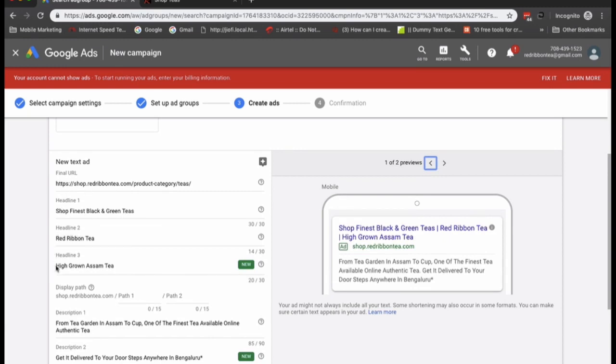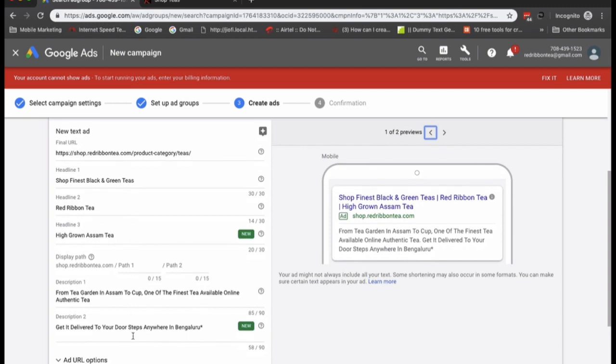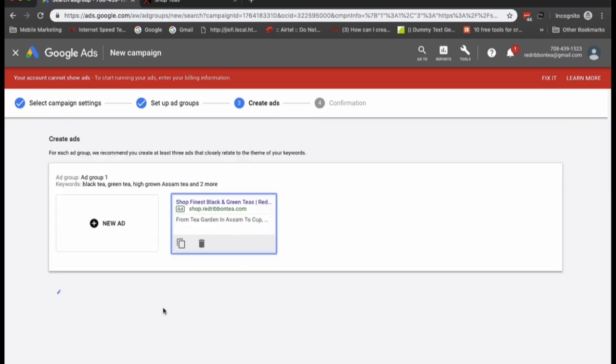The URL, headline 1, headline 2, 3, everything looks fine. Description, and I'll go ahead and save and continue.